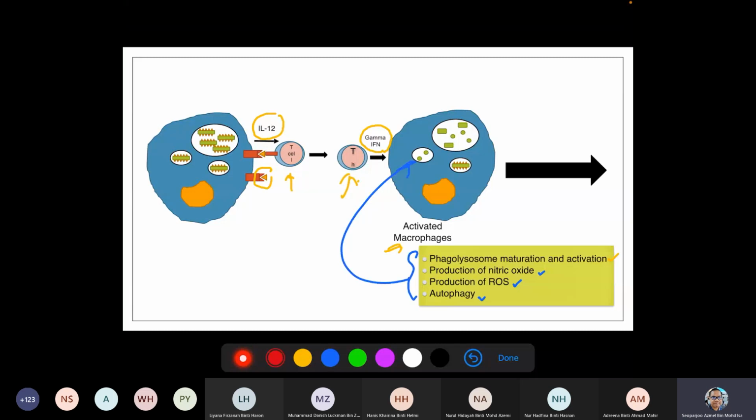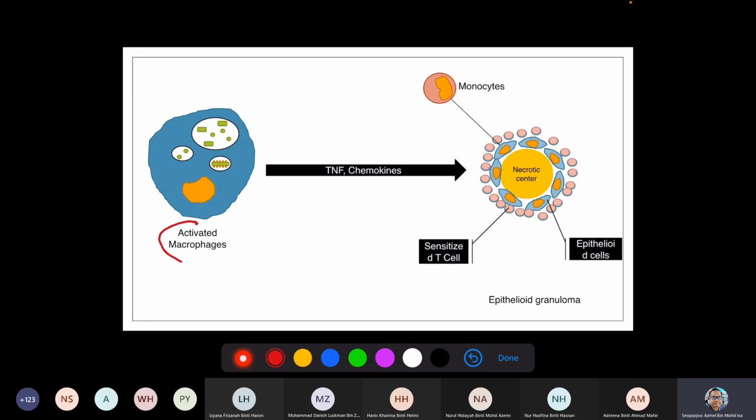But unfortunately, some of these bacteria are still able to survive all of these enzymes and live inside the cytoplasm of the macrophages. And these activated macrophages then release tumor necrosis factor, or TNF, and also chemokines, and this will stimulate the monocytes to come and circle these infected macrophages, and try to cause them to become necrotic or die, and try to reduce the oxygen supply to the center, to the mycobacterium, so that it will help in the process of killing the bacteria,